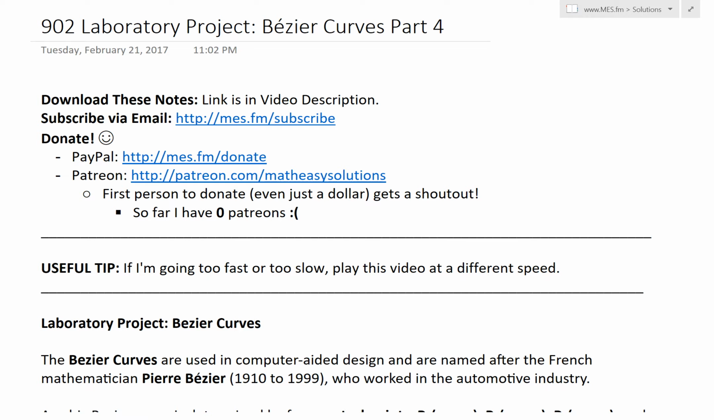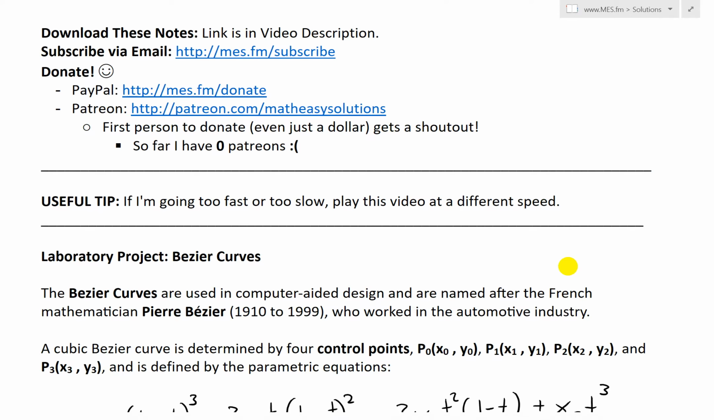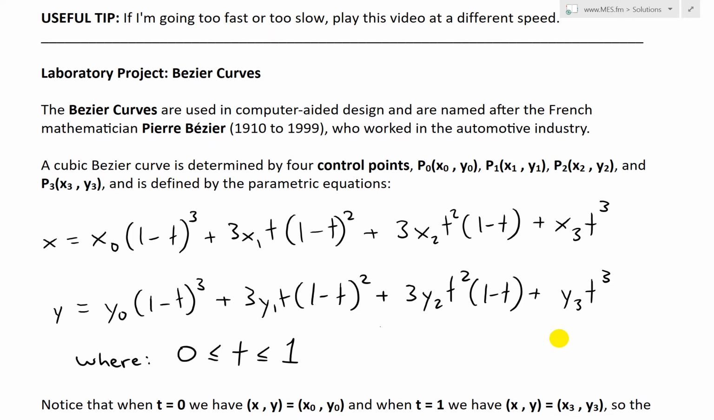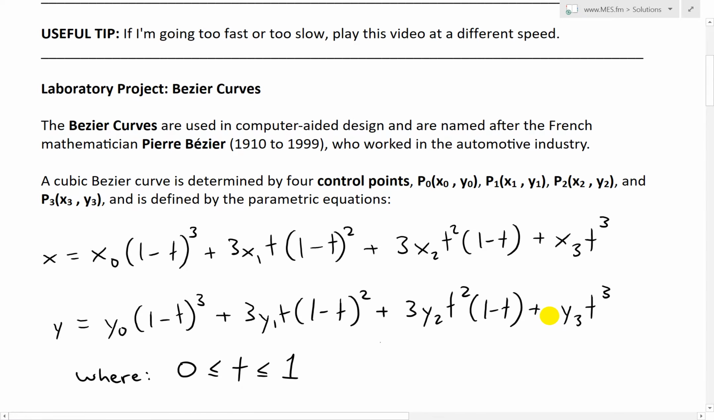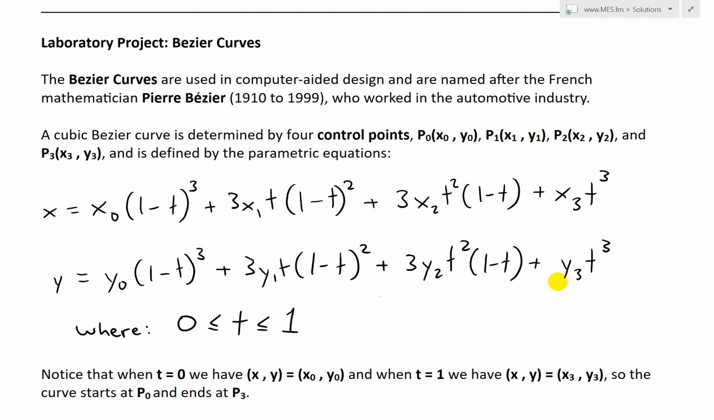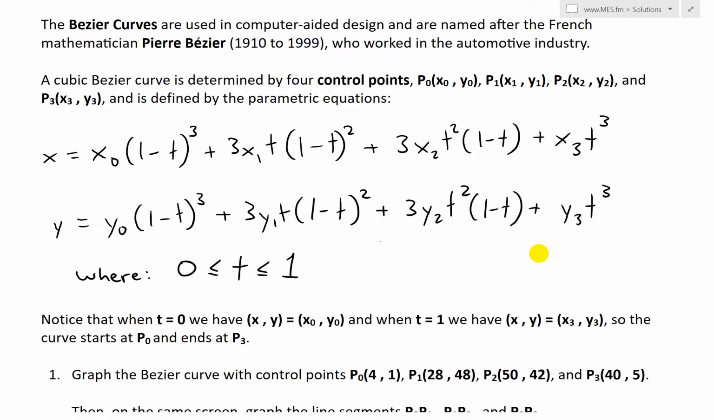Time to discuss further into the laboratory project Bezier curves and go over part 4, which looks at question 4 of the laboratory project. Just a quick recap. The Bezier curves are some pretty cool curves that are used widely in computer-aided design and other stuff. And a cubic Bezier curve is determined by these 4 control points, P0, P1, P2, P3, and the coordinates are